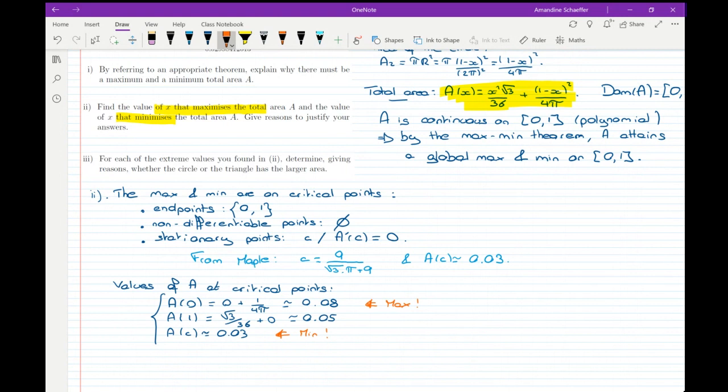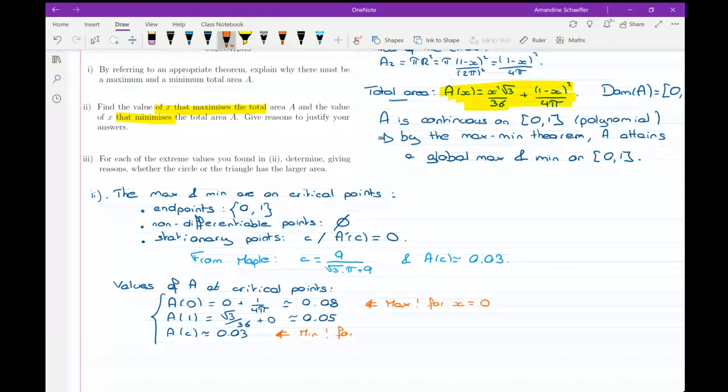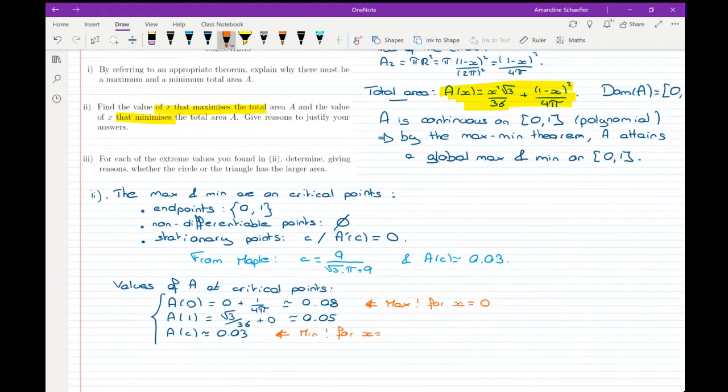Okay, so to answer the question, we need to find the values of x for this max and min. Okay, so max for x equals 0 and min for x equals c,